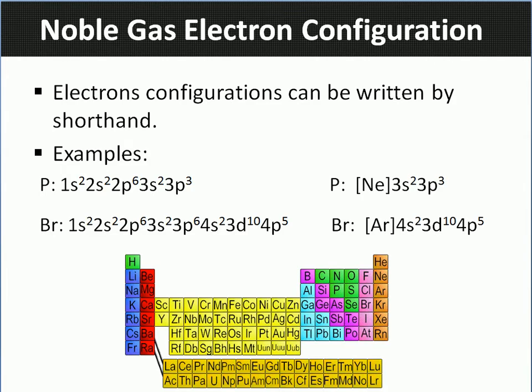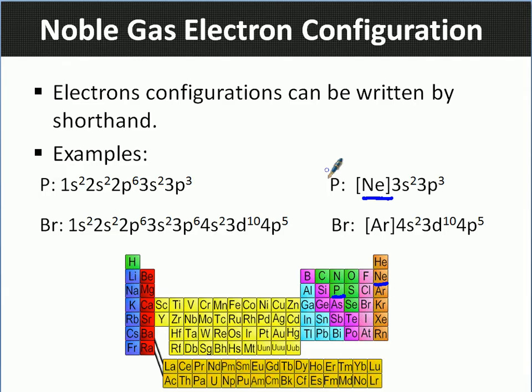Okay, the way we do it, for phosphorus, is this: phosphorus is located right here on the periodic table. We look for the most previous noble gas, in which case this is neon. We write it in brackets, neon in brackets, and then you just begin your electron configuration from there, 3s2, 3p3. If you have to count electrons, you just add up the number of electrons that neon already has, which is 10, and it'll be consistent when you add the electrons up